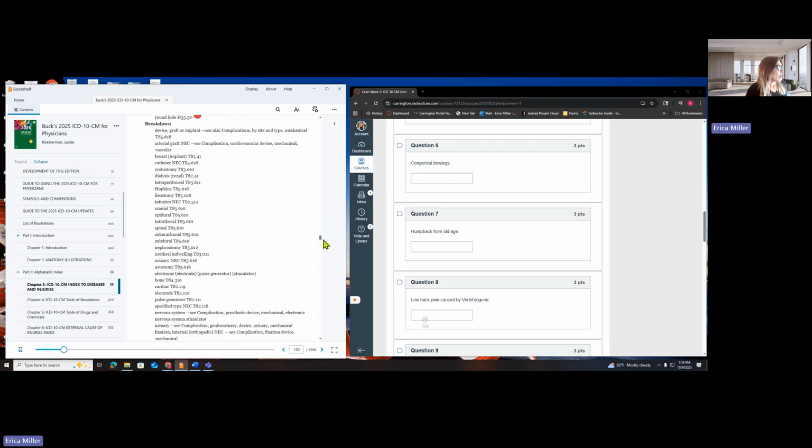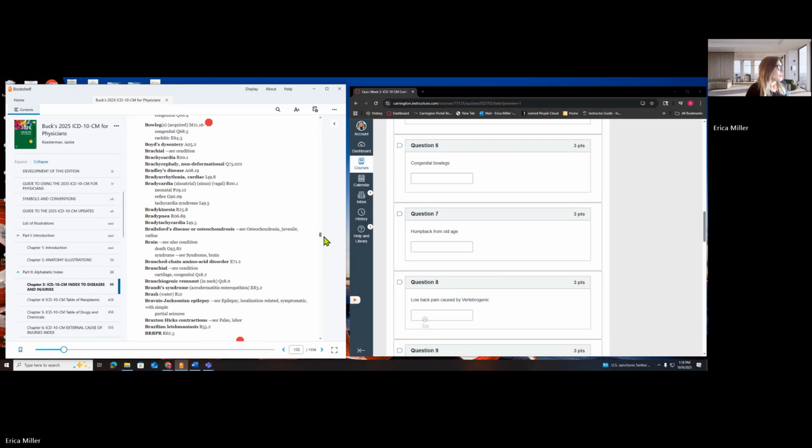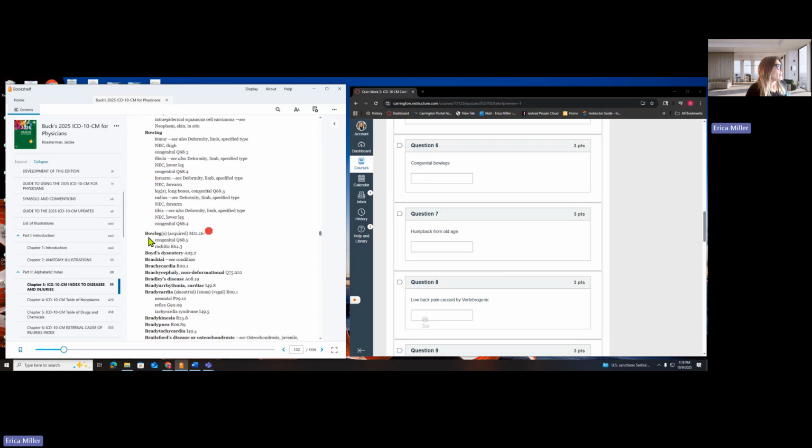Blindness, break, Boyd's, bow leg right here. And then bow leg, and then you have your type of congenital,